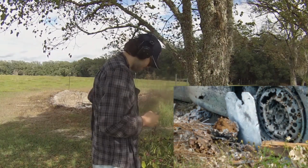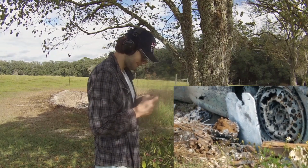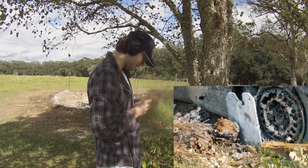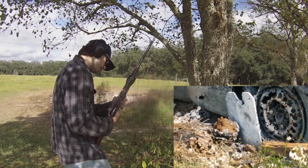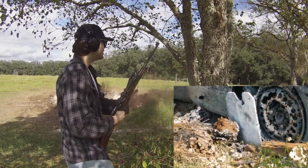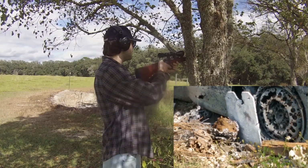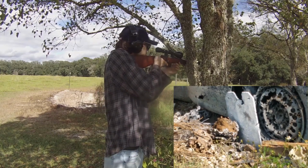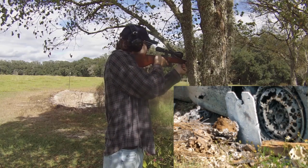Okay, how many more rounds do I have in my pocket? I have 6 more rounds for this 5-round magazine. So I guess we're gonna do 5 in the mag, and then we'll do 1 in the chamber. Alright, so this bad boy is sighted in for tool ammo, full metal jacket, probably 123 grain if I had to make an assumption on the weight here for the rounds. So if you decide to use another kind of ammunition, you might have to re-zero your rifle,